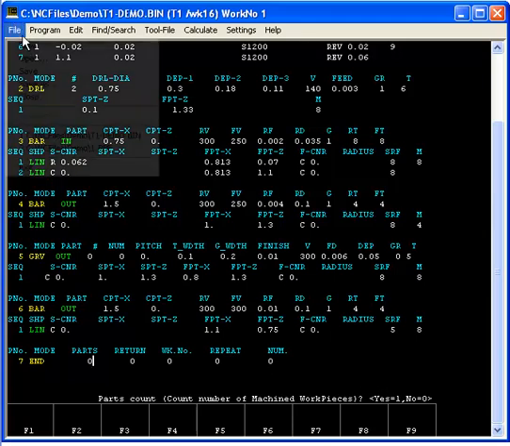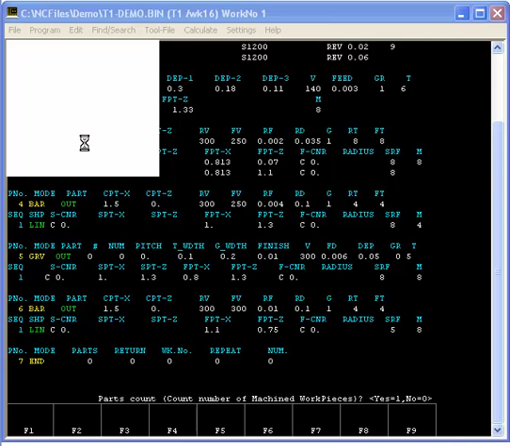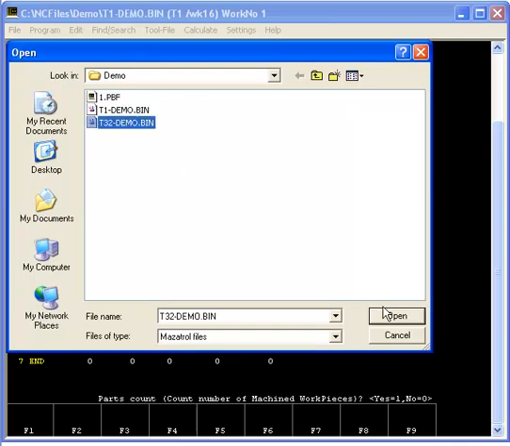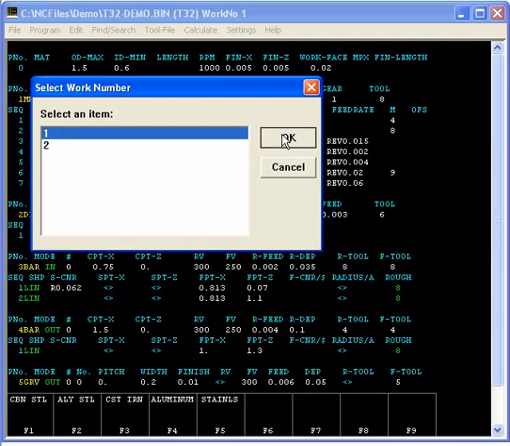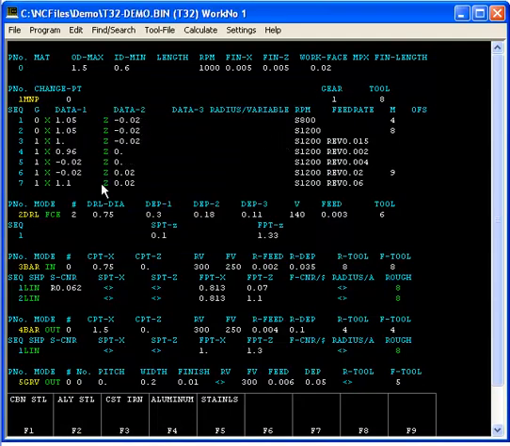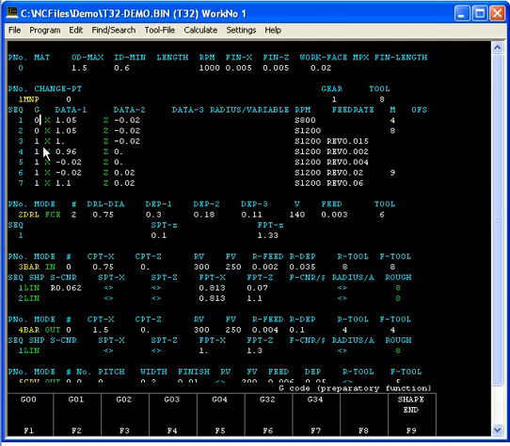That's T1. Let's save that one and take a look at a different one. Let's say T32. I've got a T32 program here. Program number 1. Again, this is pretty much the same program that we've converted over to T32 from that T1 program. And here you can see, again, the same type of situation. You've got your G-codes available for your manual process, your various processes available. And similarly, if you want to change a number, depth 0.45, it's giving you the prompt over here.